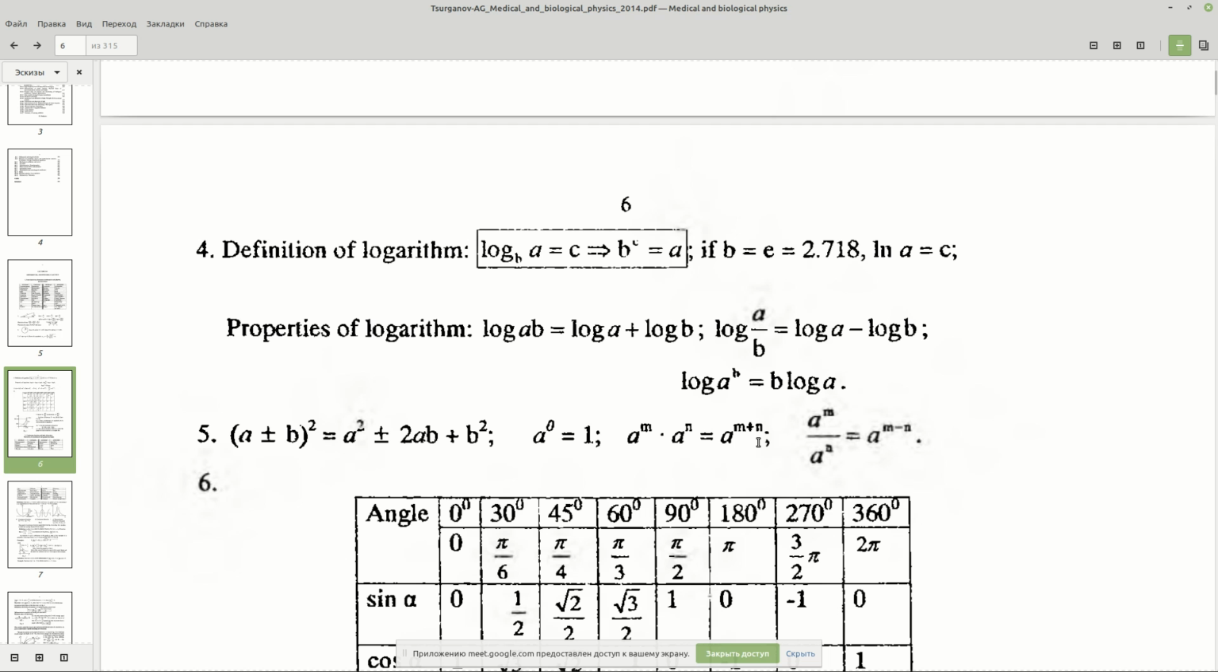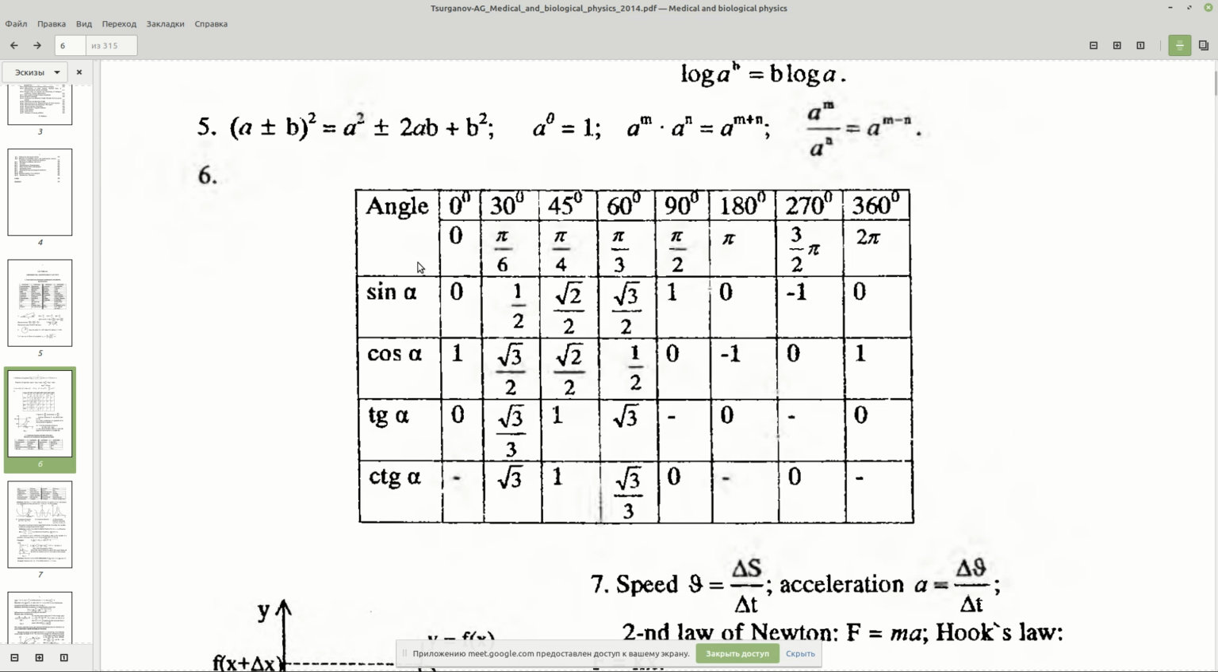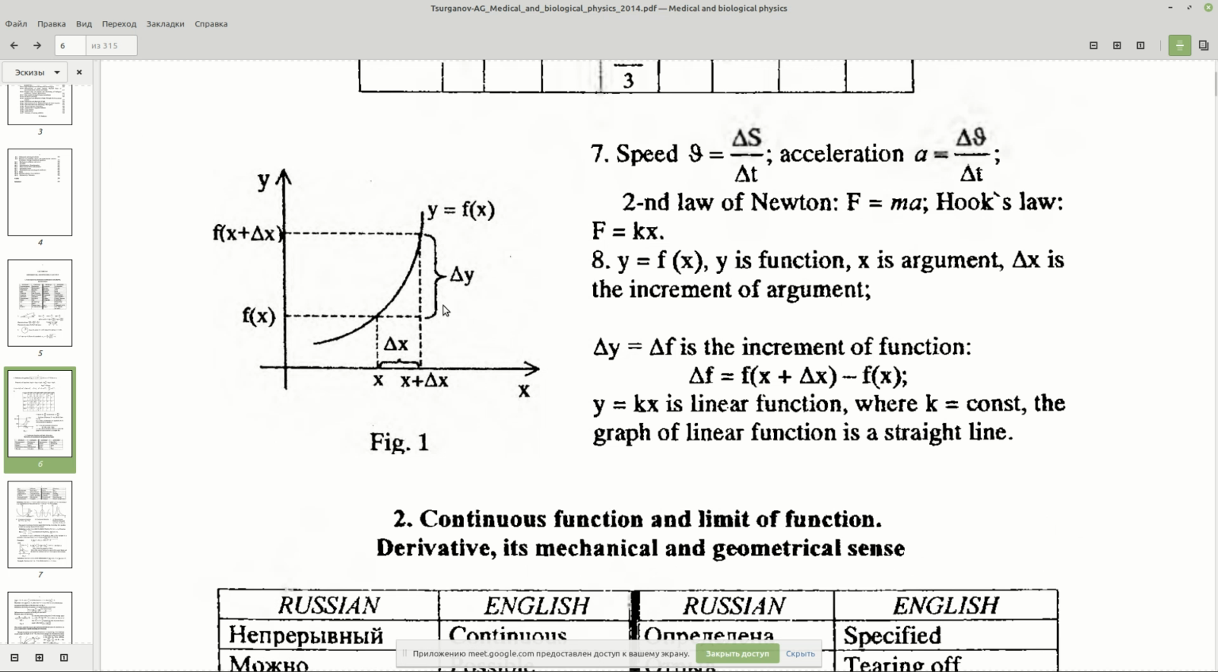So the table of the meaning of the sine and cosine, some trigonometric meaning of the sine, cosine, tangent, cotangent for some angles, exact meaning, and exactly what we are trying to do about the derivatives and how it works in physics. So we use an example of movement of a body with some speed, and the speed will be